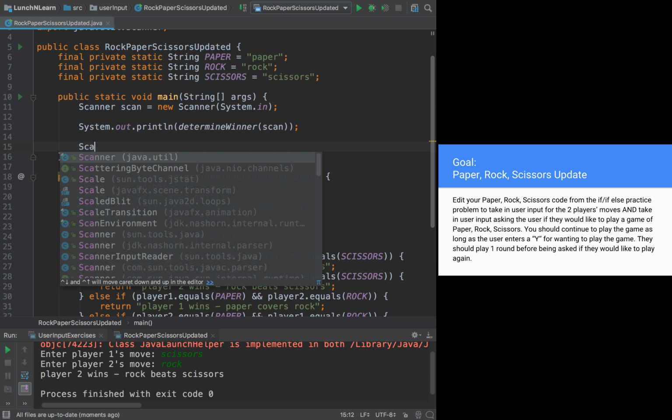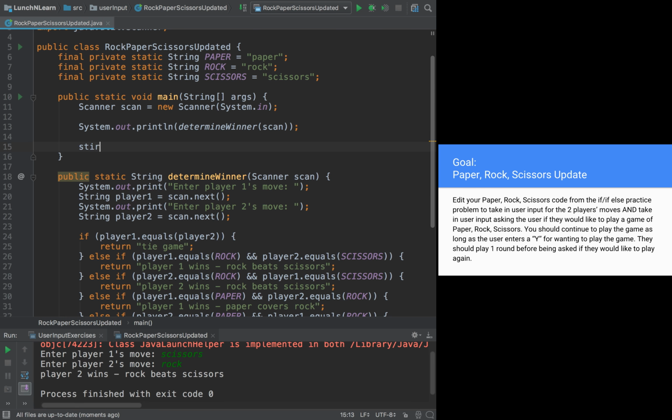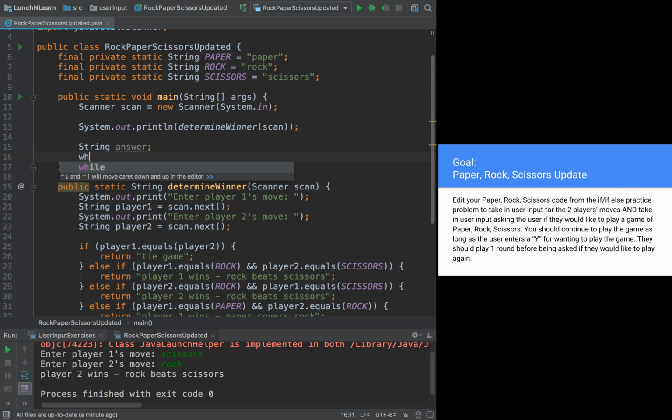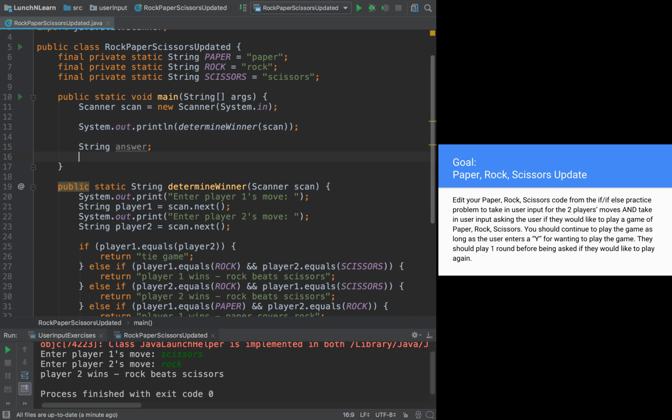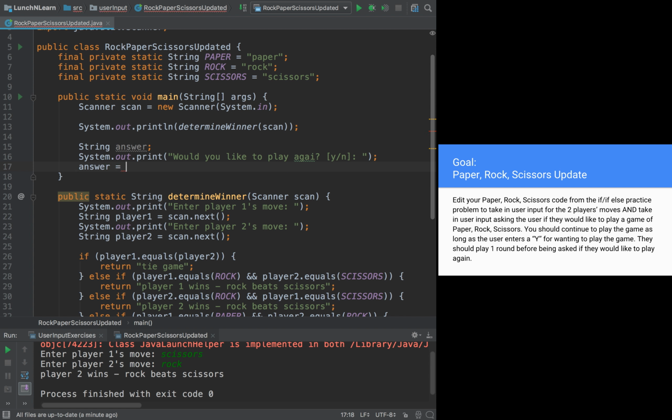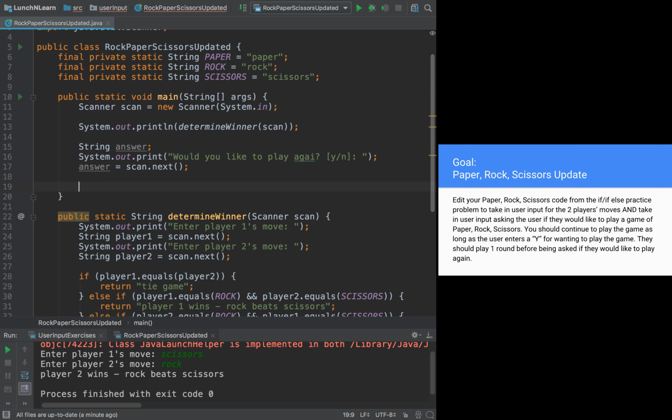now I want to say String answer. And now I'm going to say System.out.print, would you like to play again? Yes, no. And answer is equal to scan.next. I'm going to say while answer.equals y,